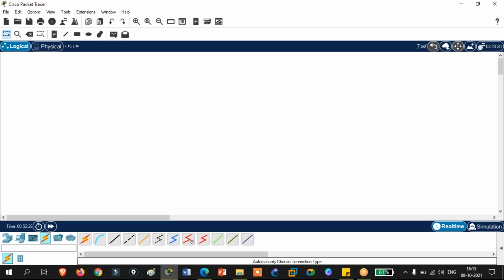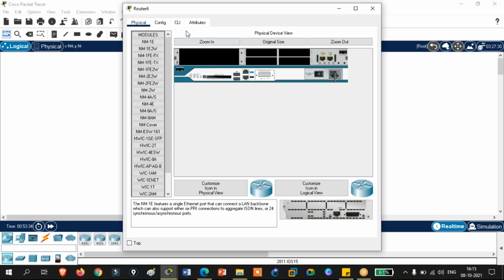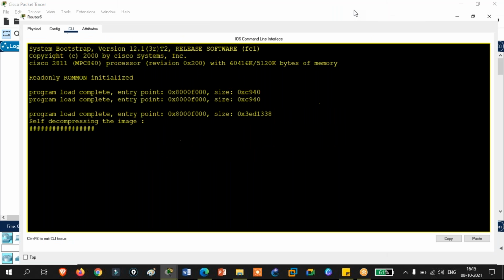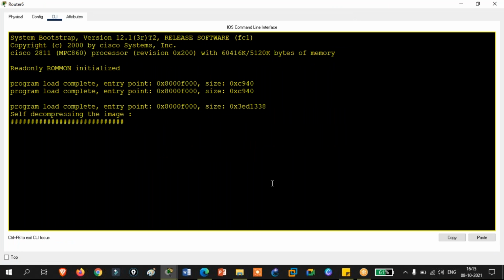So you need to reset the password of that router. It is something like this. You have a router which has some passwords and you don't know them.